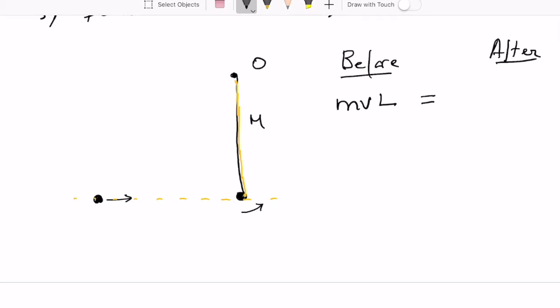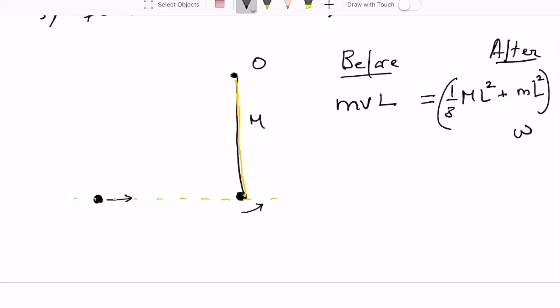It would be the I of the rod plus the I of a point mass that's going in a circle. So the I of this rod is going to be 1/3 ML squared, and the I of a point mass going in a circle is just going to be little m L squared. And so that's the total I of the system times omega will give you the angular momentum of the system,